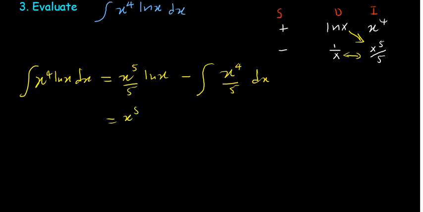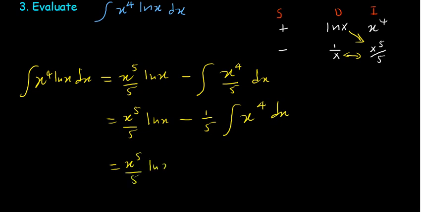That will be x to the power 5 divided by 5 natural log of x minus, I can remove this since it's a constant, that will be 1 over 5, and then integral, what has remained is x to the power 4 dx, and so this will give us x to the power 5 over 5 natural log of x